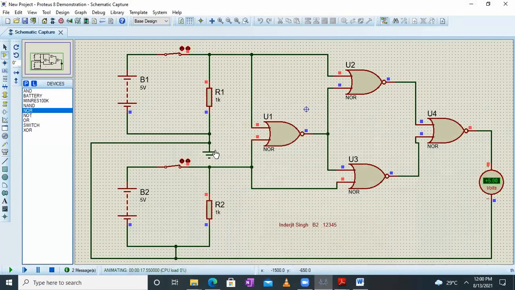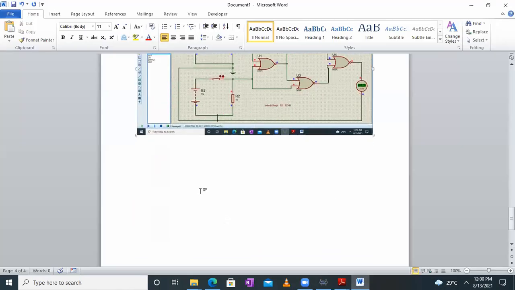And then next case, we will see the condition where inputs are 0, 1 or 1, 0. So let's make it 1, 0. So I will keep this as a closed switch and this as an open switch. Right now the condition is input will be 1 and 0. So whenever the inputs are different, the output is logic 0. Now let us make the reverse case where this is 0 and this is 1. So again, the output is 0. So whenever the inputs are different, the output is 0. So hence the functionality is verified.